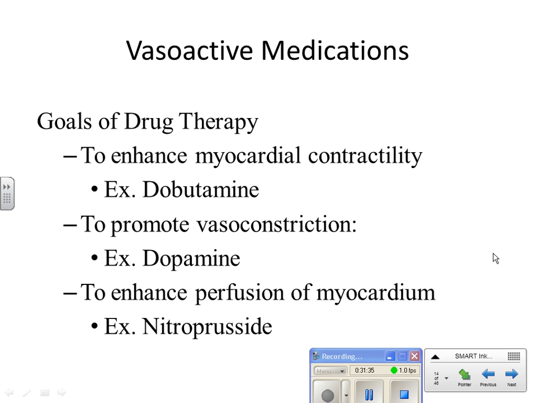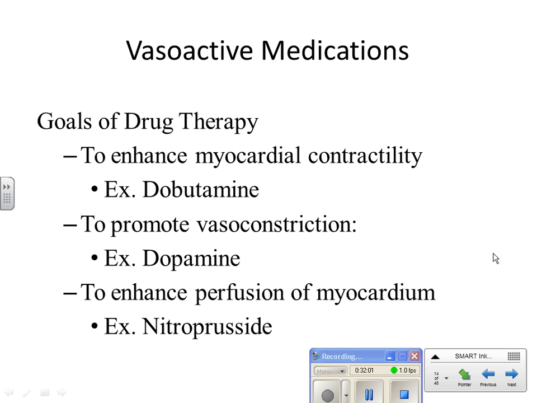That's why they have to be in the ICU, and that's why they have to be titrated, and why they're being hemodynamically monitored. Because we need to keep their intracardiac pressures stable, their central venous pressure stable, and we need to keep their blood pressure stable so that they're getting good perfusion, but we don't want that blood pressure too high, because what's that going to do to the workload of the heart? It's going to increase the workload of the heart on a heart that's already weak and can't pump effectively.